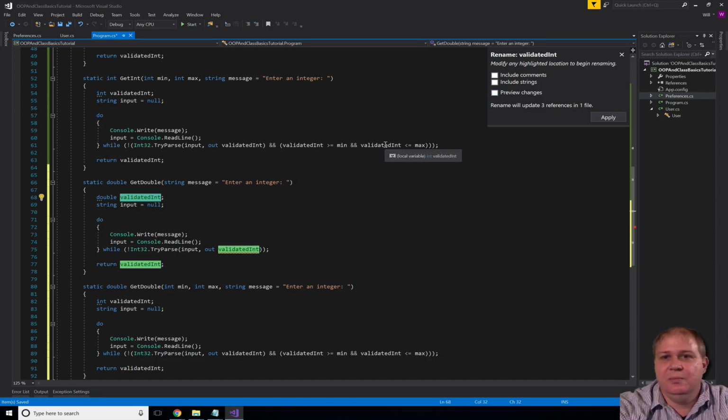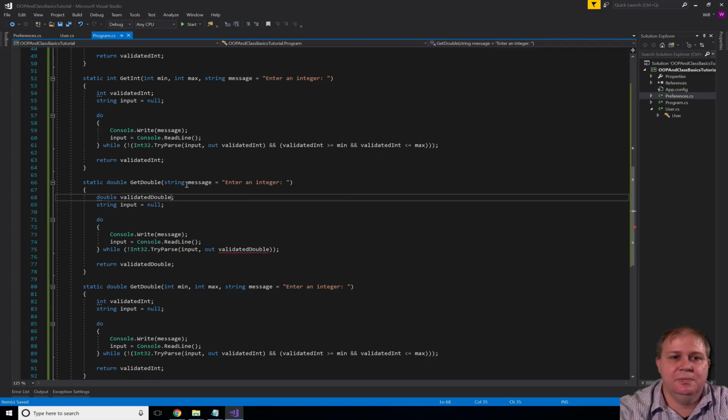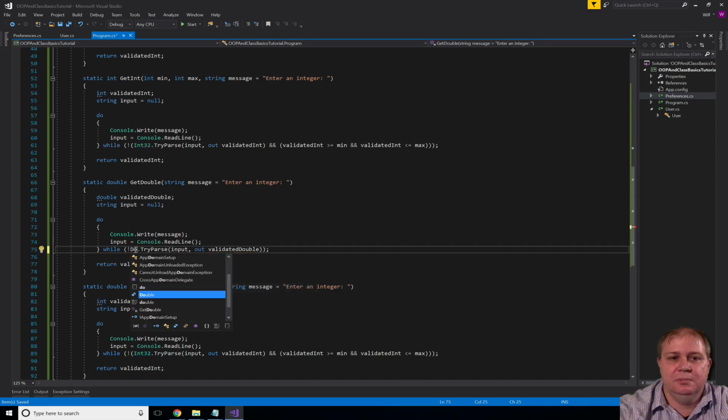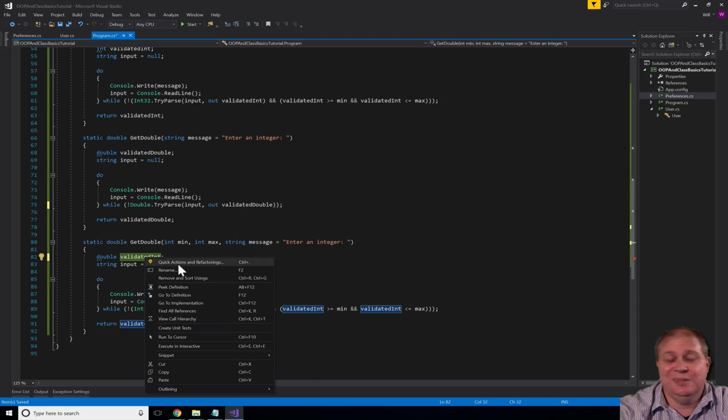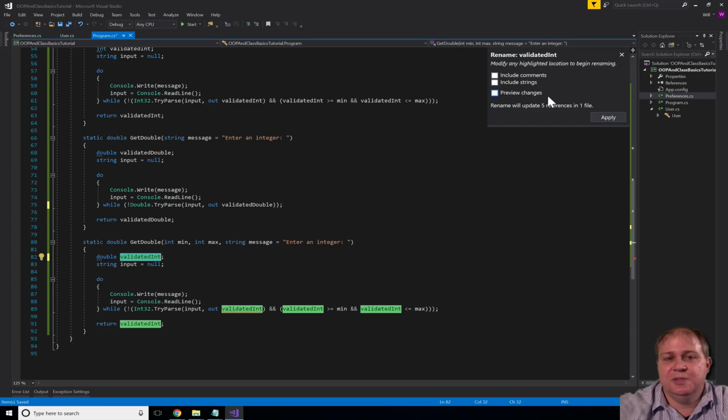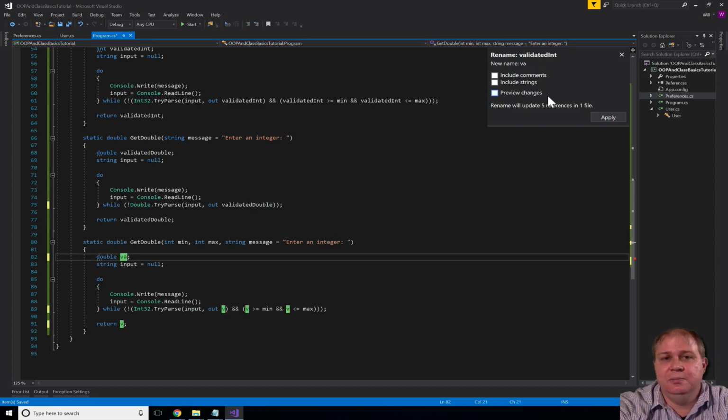That way we don't have to change it manually in 3 different places. And we need to change the int try parse to double. And then the same thing down here. That needs to be a double. You technically don't have to change the name, but for the code to make sense, and to be nice to anybody that might have to change your code later,